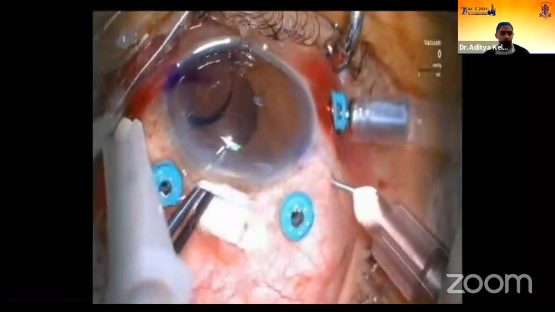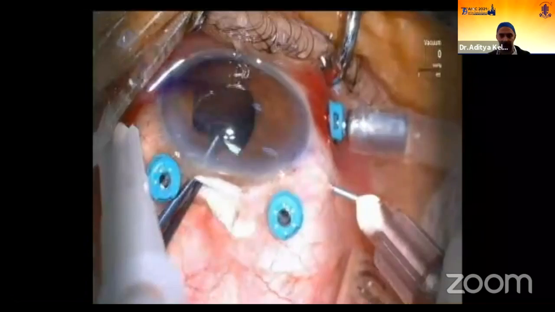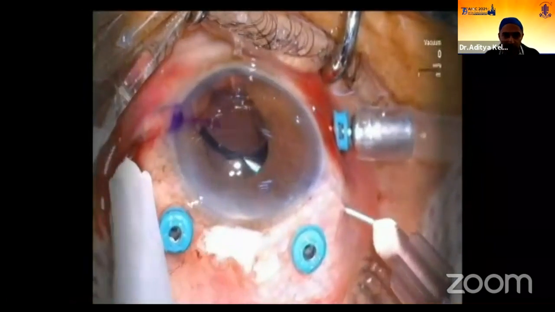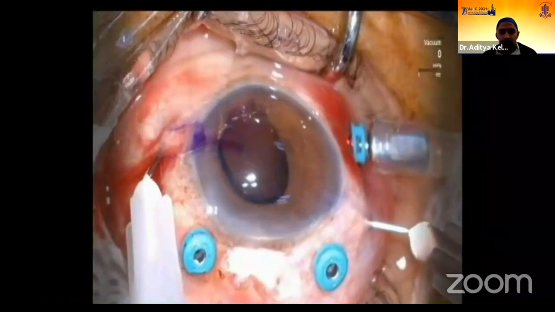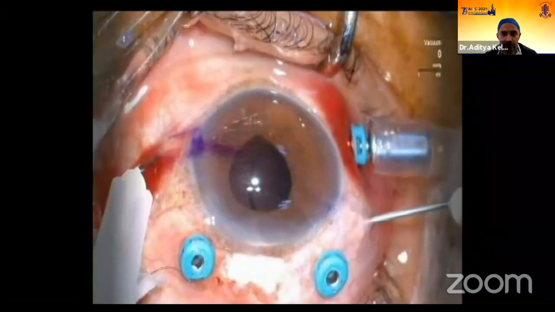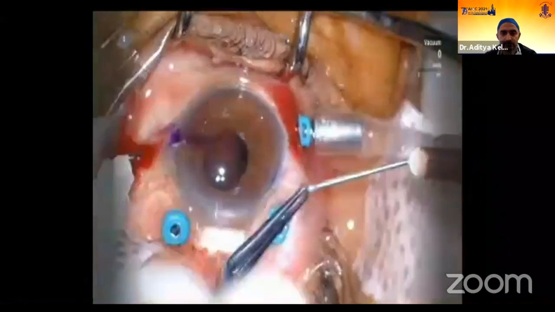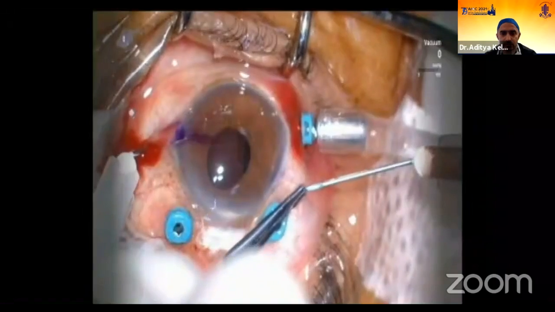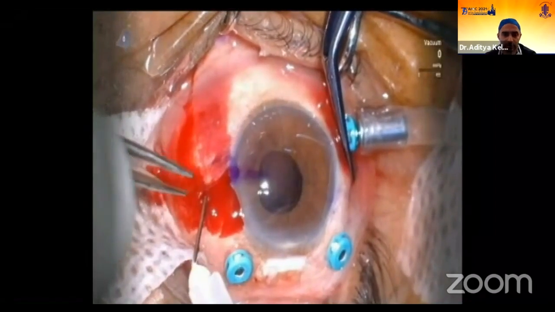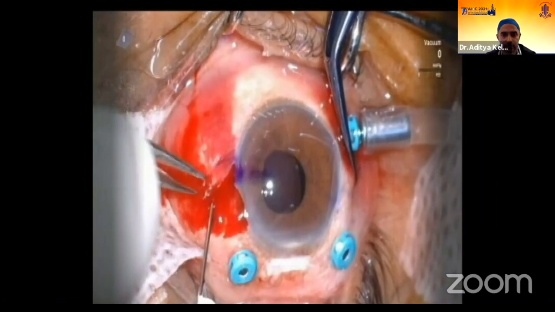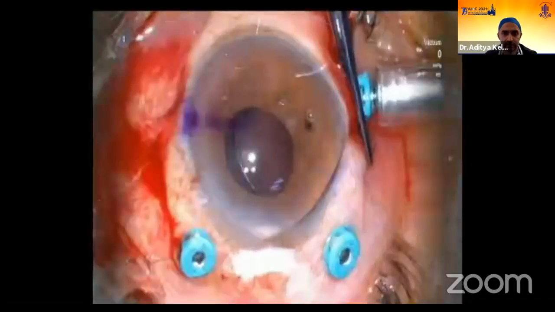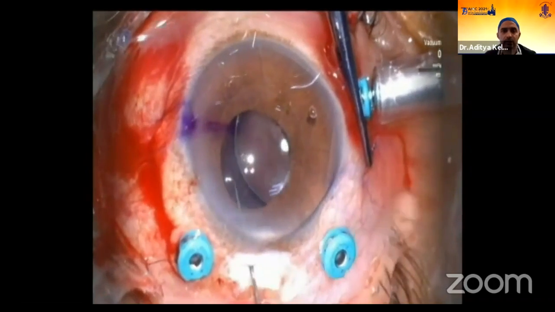So first needle, both the needles are inside the vitreous cavity right now. The haptics are well engaged, and I am quite confident here that it is going to go smooth. But then, as I was retracting the needle, I realized that the lens is going somewhere else. It was a clear indication that probably the haptic has started to slip, and so I was very careful in catching it as soon as it comes out, but it didn't come out at all. And there was some bleeding already in the conjunctival space, so that made things a little worse.